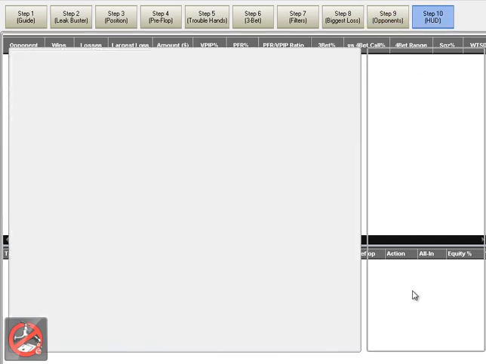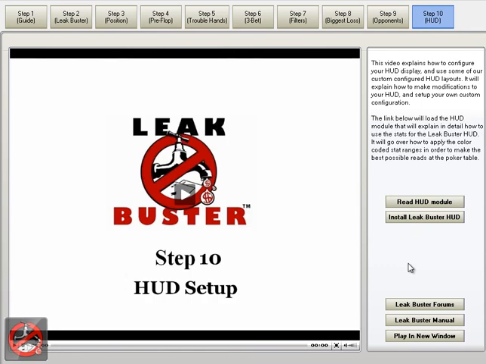Step 10 is just a video. This was mainly designed for micro and small stakes players. Mid stakes players might get some info from kind of how to set up HUDs, but most of it is about kind of how to use HUD stats. There's also a module that breaks down kind of why and what kind of stats you'd be looking to use,